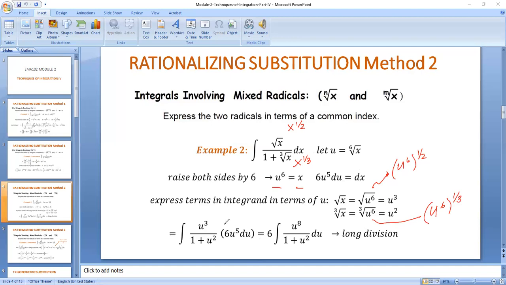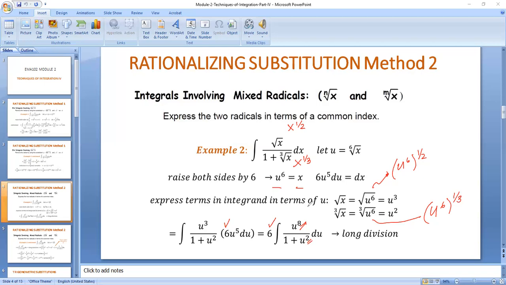Now this 6, since it's a constant, you place before the integral. And then of course, you need to get the product of these two, adding the exponent. So that would be u raised to 8 divided by 1 plus u squared du. Now, since the degree of your numerator is higher than the degree of your denominator, you first resort to long